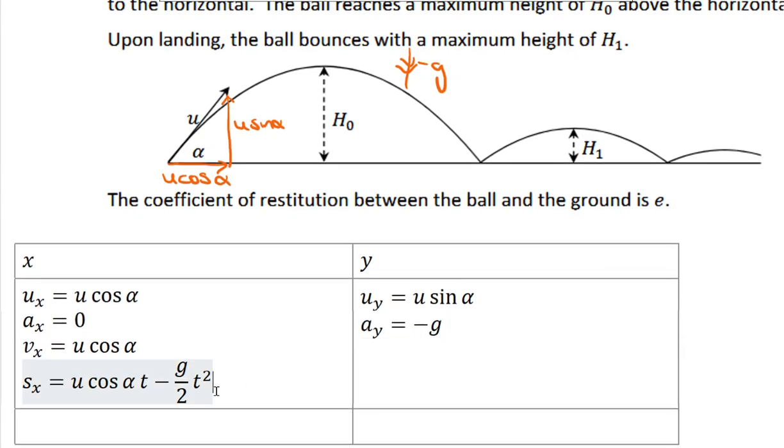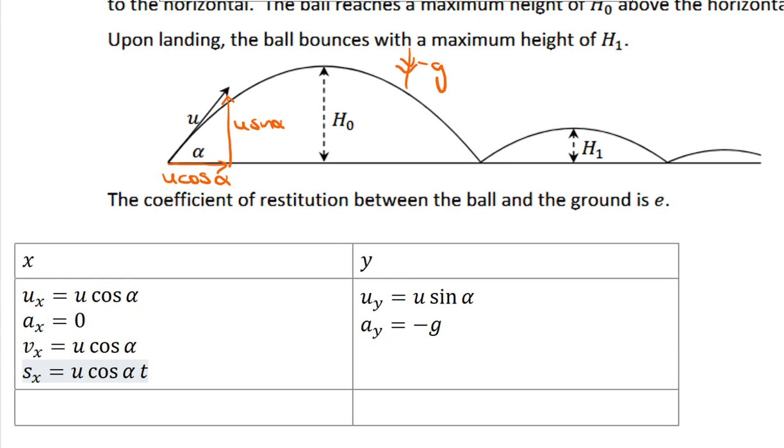Why did I write that there? That's just exactly wrong. Okay, go back to this sx. Let's rewind a little bit. There is no acceleration in the horizontal direction. So the plus a half